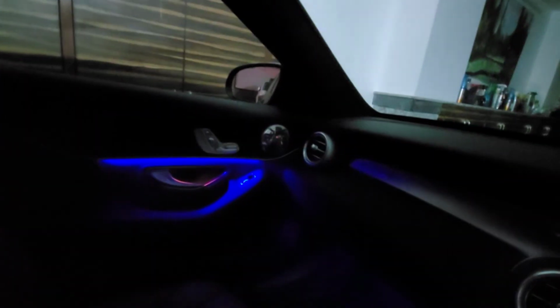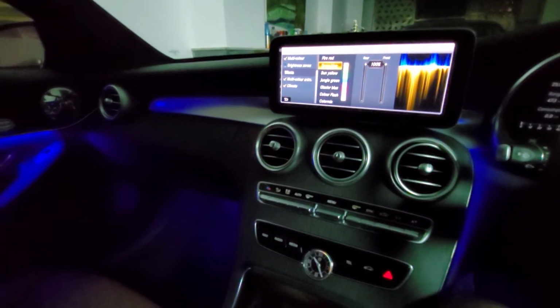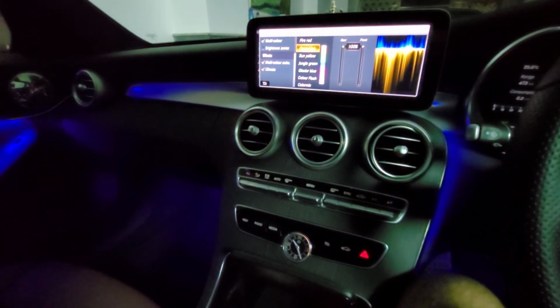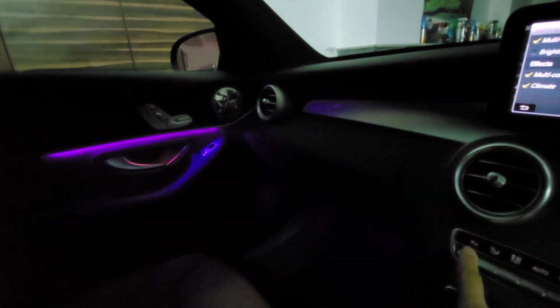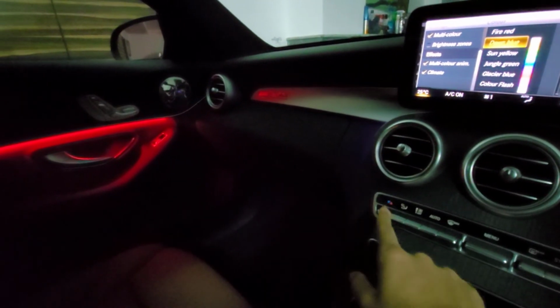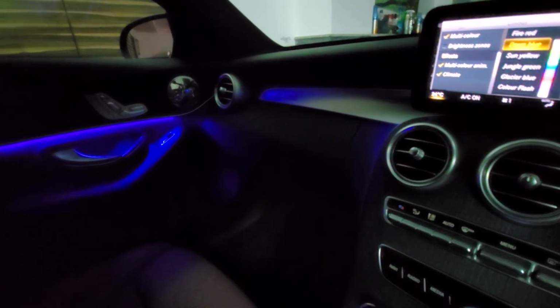And if you again go there and switch this on, all lights turn back on. So that's the thing which I want to talk about. And the climate which I was talking about, you can see I press blue, it changes to blue. When I press red, it goes red. When I press blue, it goes blue.